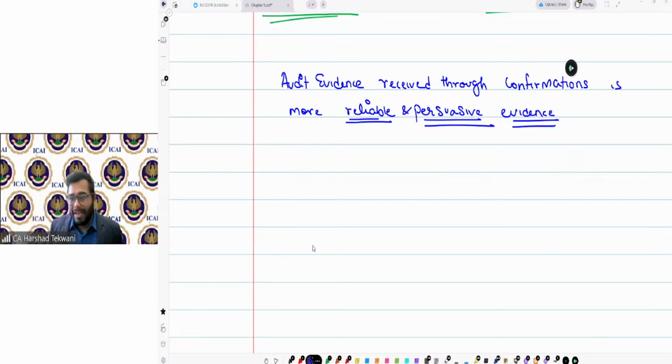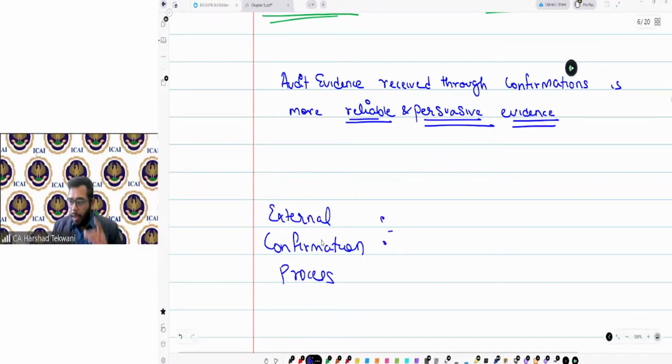I need to make sure that the reliability stays at that level and management doesn't get involved in the process. So for that, we need to understand the external confirmation process.